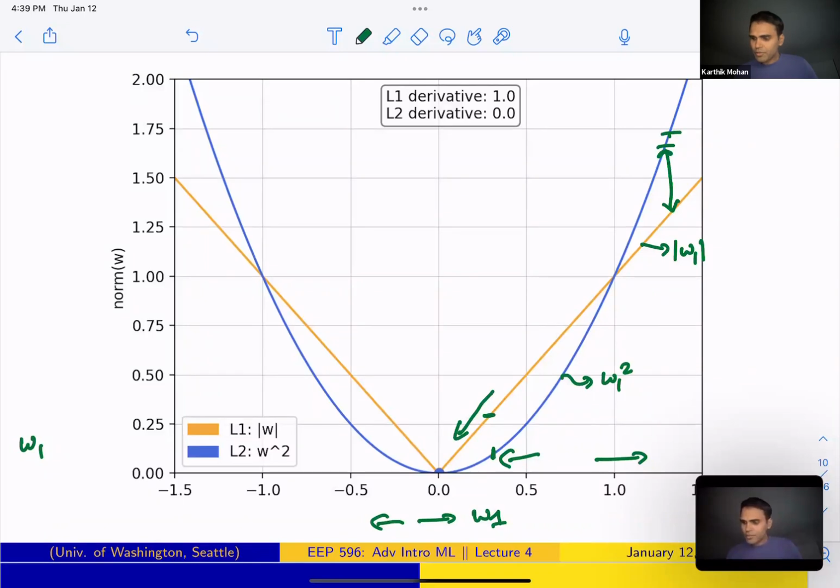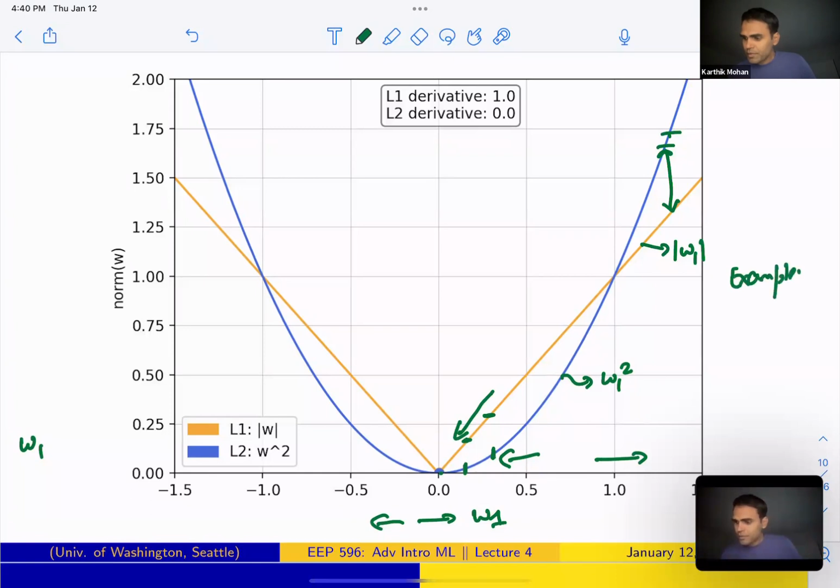So as you get close to 0, L2 says, well, I really don't care. The error is not so much. But L1 says, well, the error is still high, so I'm going to keep pushing it towards 0. So L1 has more incentive to push things to 0, while L2 is okay with keeping the weights smaller, but doesn't really care that it has to go to 0, because when it approaches 0, the penalty keeps going lower and lower. So the penalty isn't high if you're not 0. But for L1, the penalty is higher if you're not 0, right? So as an example,